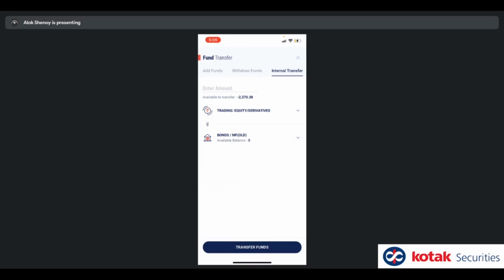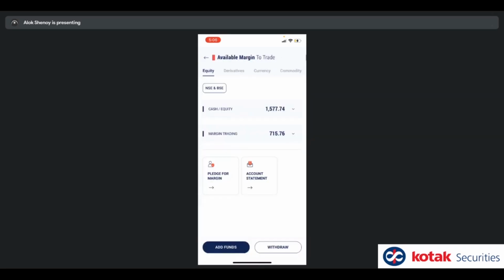Consider that. If you have a Kotak bank account linked, then it is a net banking journey. If you have ICICI and a few others, HDFC, etc., they are also net banking, so you can do basic net banking and do a transfer. If you are not in one of the 9 banks which are linked well with us, currently what we're offering is that you can do an NEFT or RTGS transfer from your bank account to a specific account which will be shown to you on screen, and you can do that, right? And that will reflect within an hour or so. So that is fund transfer for you, right?